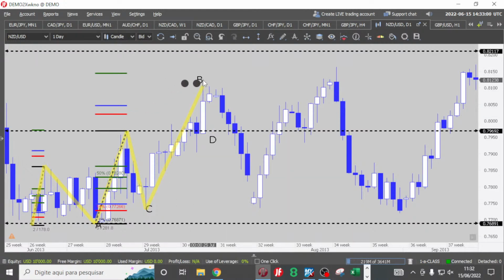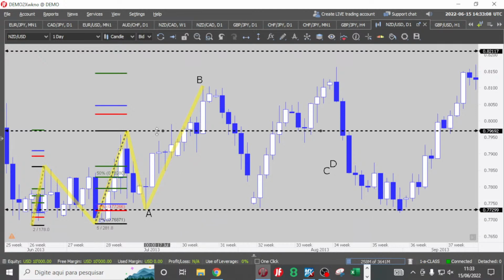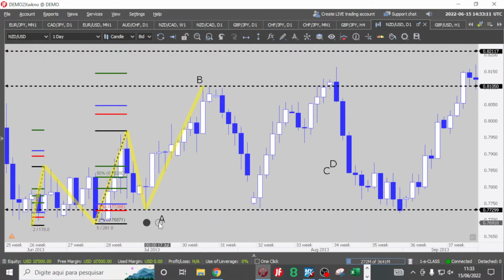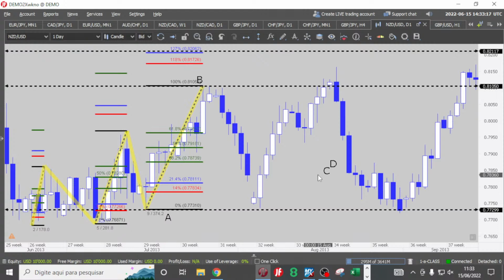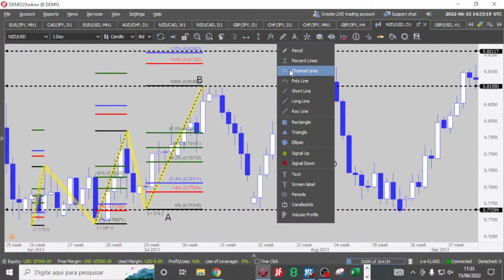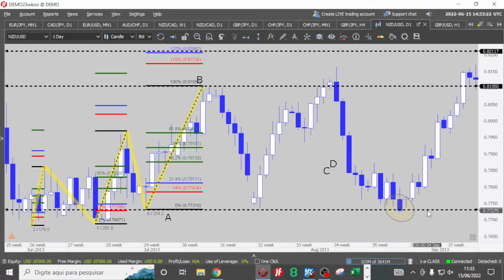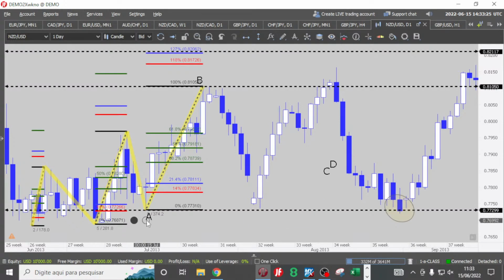Okay, so this is our new B. ABCD. This is our new A. A goes in here, B goes up in here, right? And the Fibonacci retracement tool. And as you can see, everybody, the market is going to stop us out on this one, right? This is where the market is going to stop us out on our up Fibonacci. In here, the market broke the A level. It can touch, but it must not break. Okay.